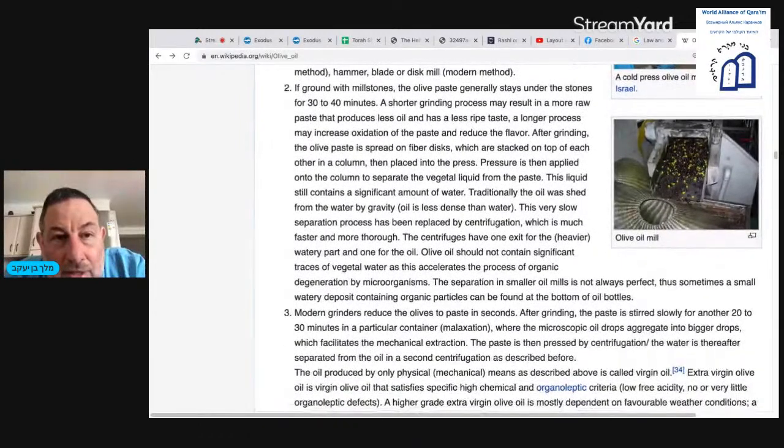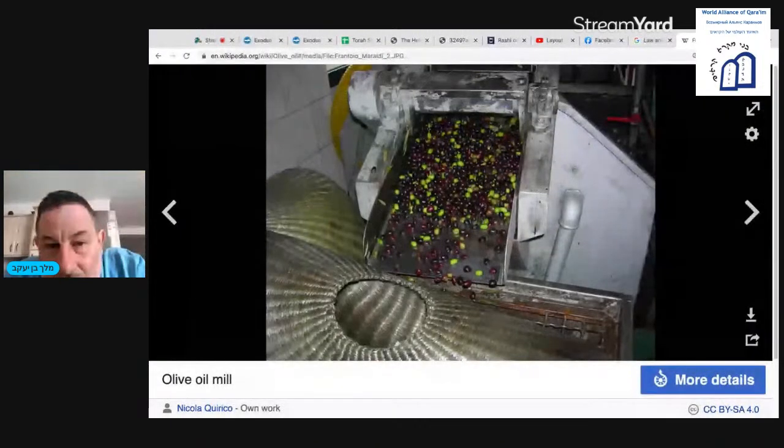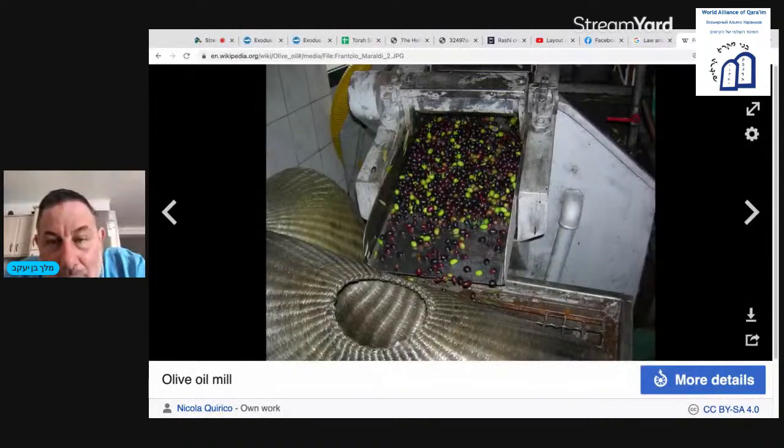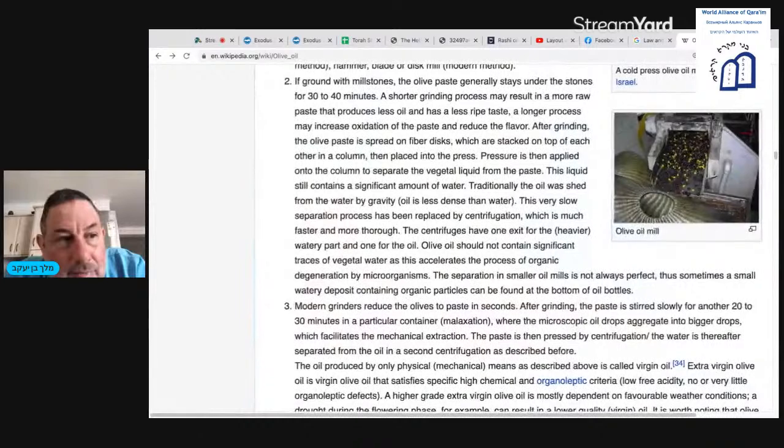After grinding, in this picture, olive paste is being poured into a mill. After grinding, the olive paste is spread on fiber discs, which are stacked on top of each other in a column, then placed into the press, and pressure is applied onto the column to separate the vegetal liquid